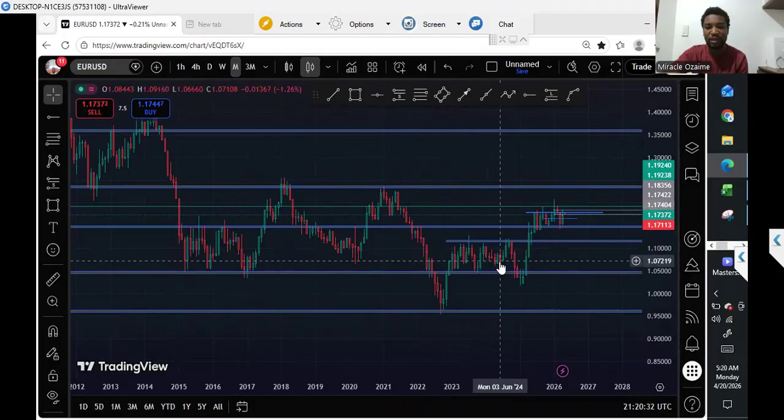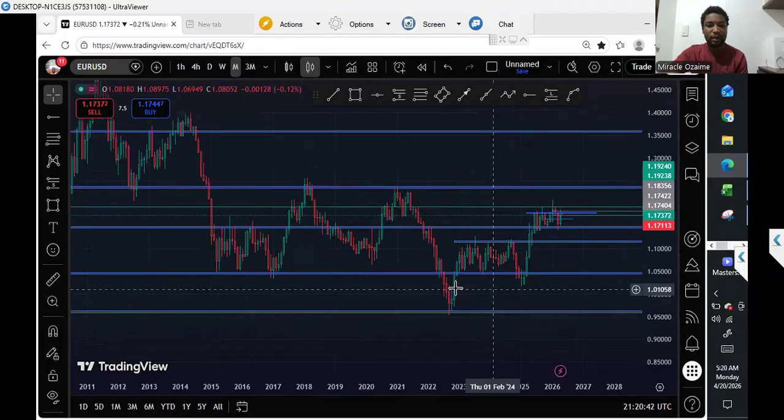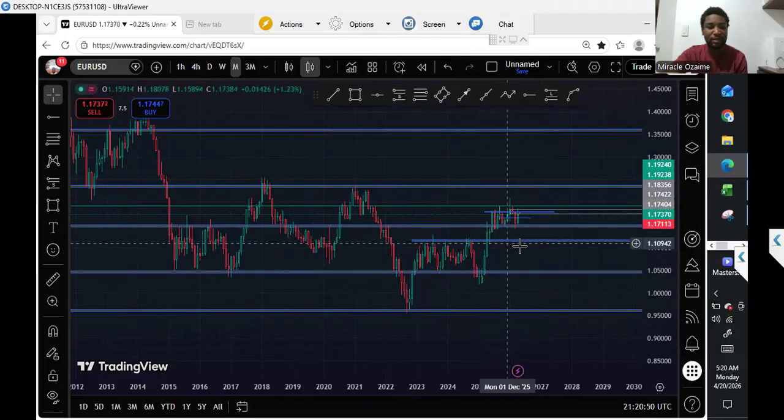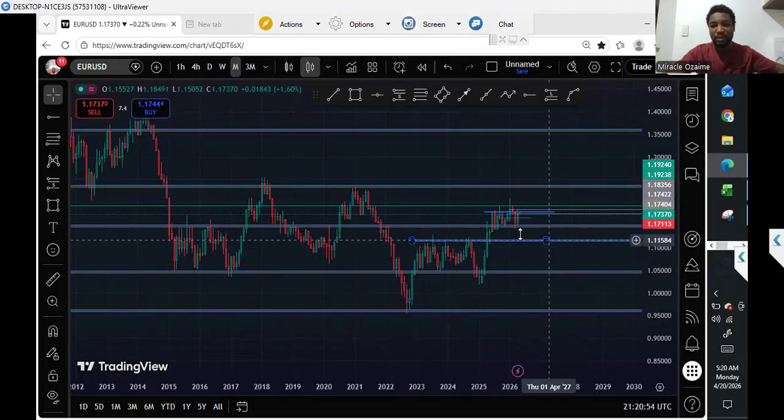I was thinking this is an inverse head and shoulders. This is looking like a head, left shoulder and right shoulder. I was thinking that the market will go up, but we had a drop. The market dropped towards the downside. So I saw a significant push above. Initially, I was expecting the market to come back to test the neckline, just as I have explained previously. But the market did something else, came here to form a base because